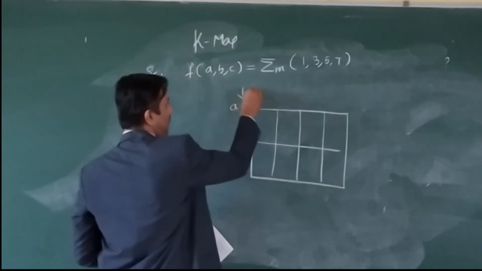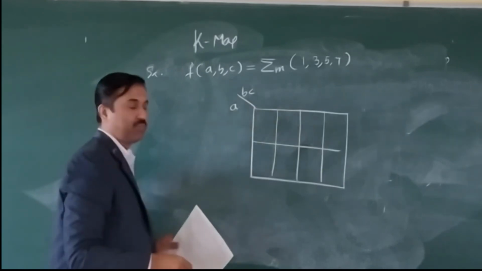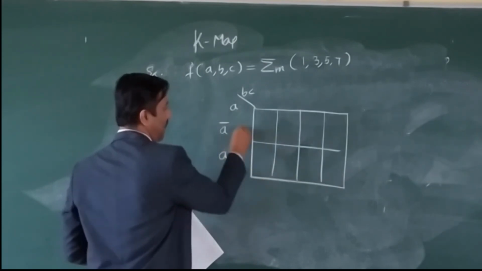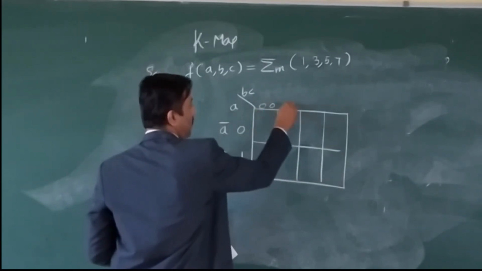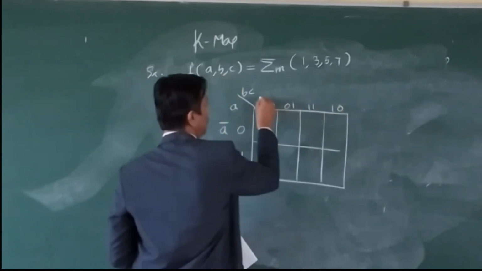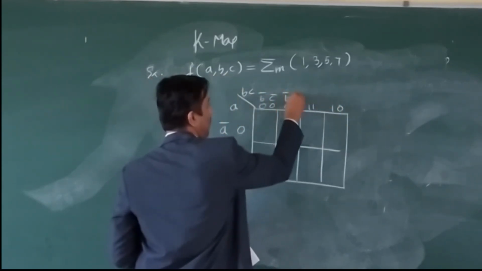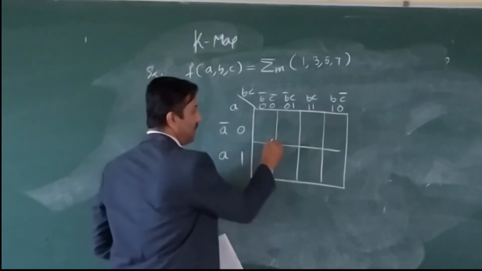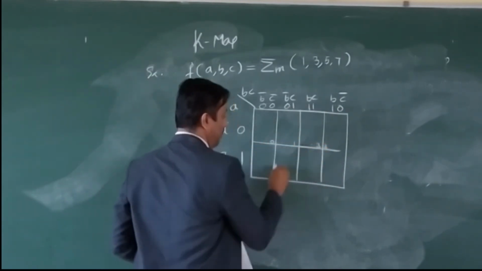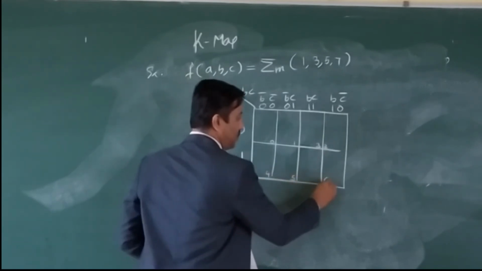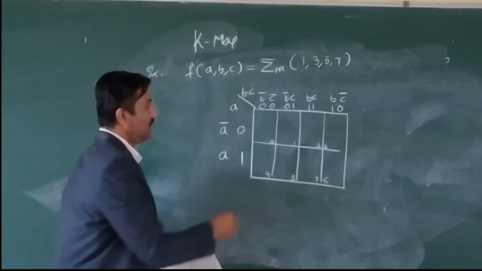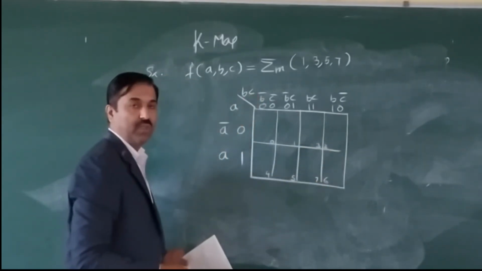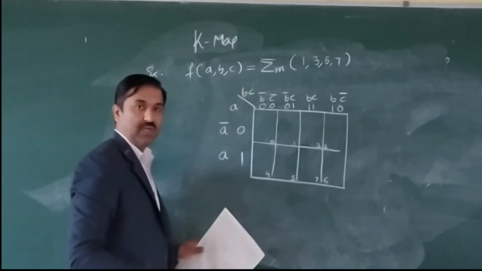Okay, so let me plot the graph as it is a 3 variable K-map. The variables here are A, B and C. Here they are all represented in small characters, so I use the same term. Okay, do not change it. A bar, A, 0 and 1. Then 0 0, 0 1, 1 1 and 1 0. So this is B bar C bar, B bar C, B C, B C bar. Now here the numbering of cells is very, very important. This will help you to put the numbers exactly in the position where they are supposed to go. So here you can see cells 0, 1, 2, 3, 4, 5, 6 and 7.